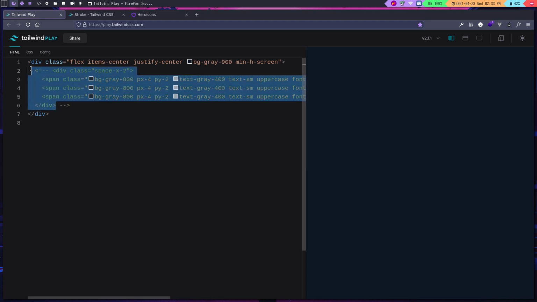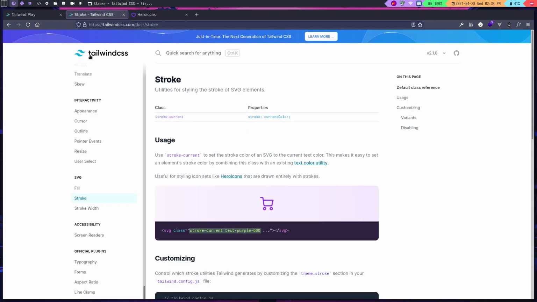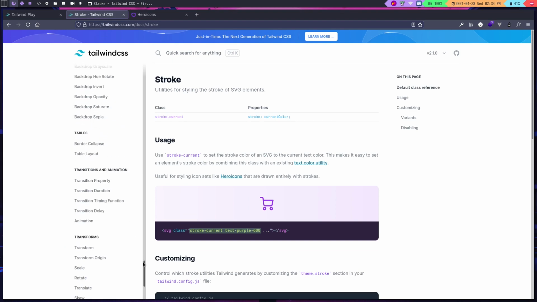So first of all, I am going to comment out the div that we wrote in the previous video. And now let's come back here and create one more div. Inside this div, I am going to create a span tag. Now, if you go to the website of Tailwind CSS and go to the section called